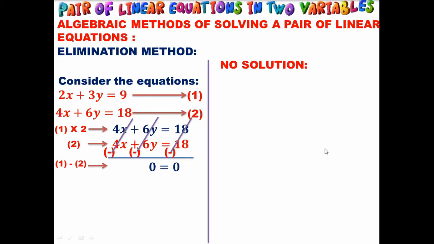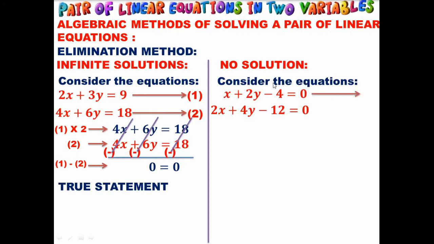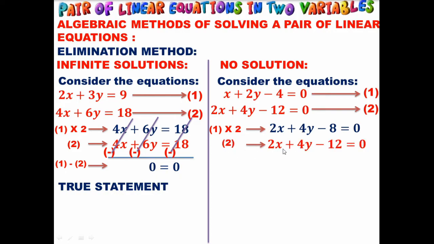Okay, now we'll see an example for no solution. Consider these two equations. Let me name them equation 1 and 2. Again, I'm going to eliminate x here. For that, compare the coefficients x and 2x. If I multiply the first equation by 2, it will be easy for me. So let me multiply the first equation by 2 so that I get 2x plus 4y minus 8 equals 0. The second equation I am not going to disturb, as you have 2x there.